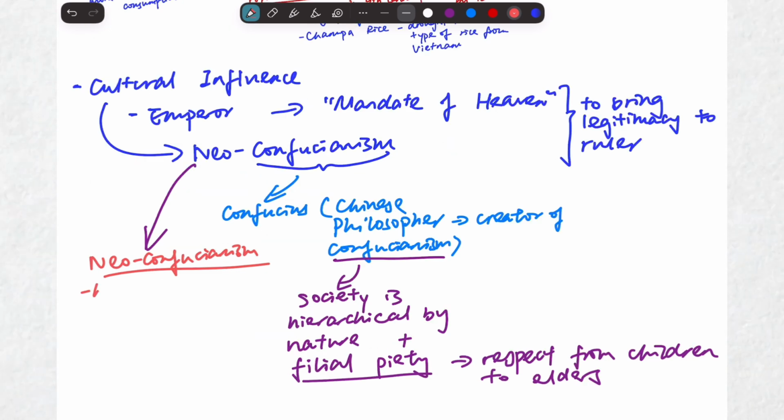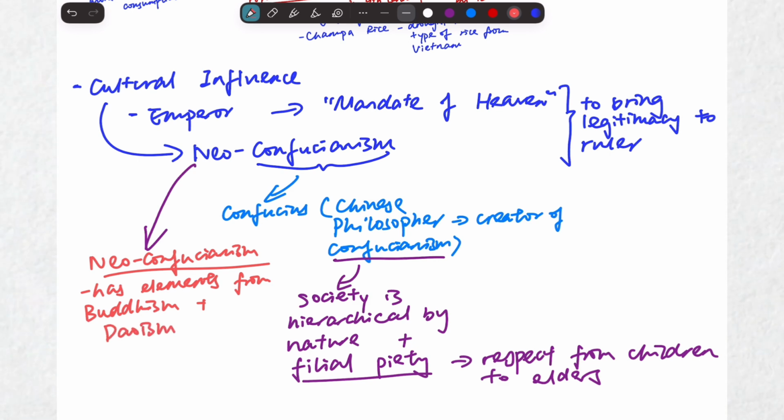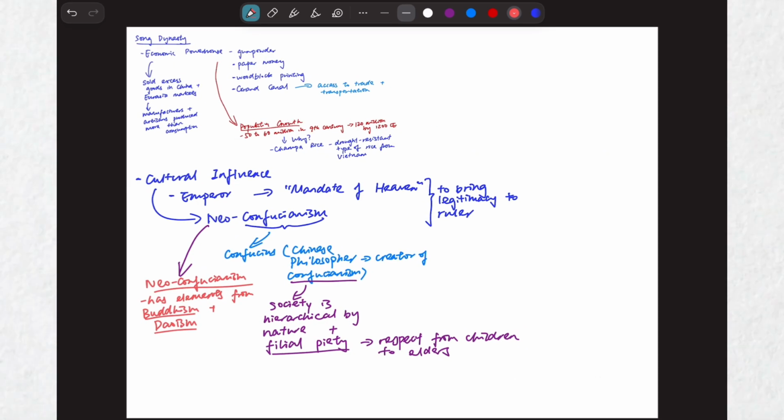Well, Neo means new, and Neo-Confucianism, or New Confucianism, included elements from both Taoism and Buddhism, different to the prior Confucianism, as the one before was solely based upon Confucius's philosophy. As the Song dynasty heavily emphasized Confucianism, it carried a revival of Confucianism from the Tang dynasty. Now, the hierarchical nature of Confucianism was used to justify imperial rule. In other words, the emperors of the Song dynasty used the theory of having a hierarchical nature of society to prove that they had the right to rule above all.